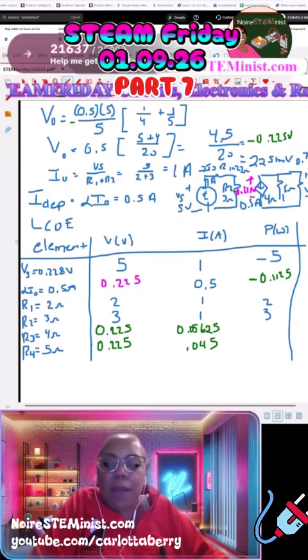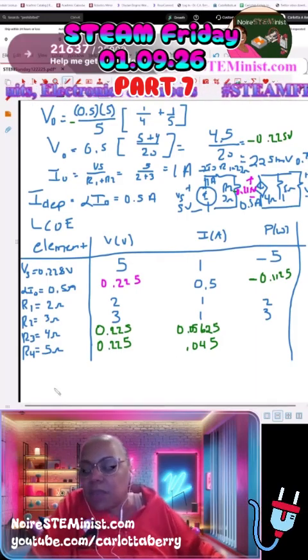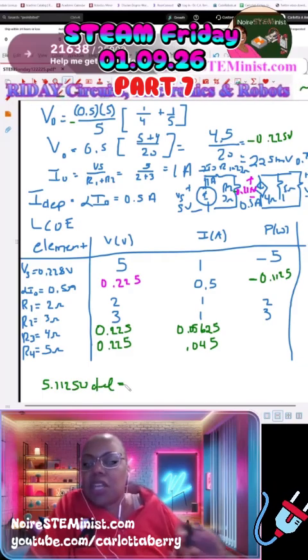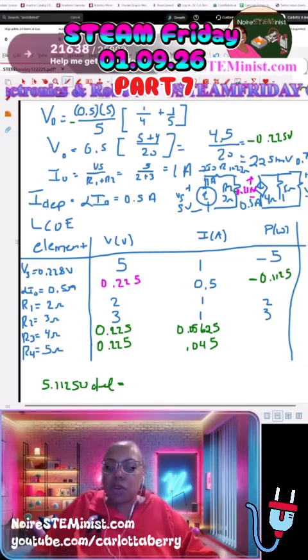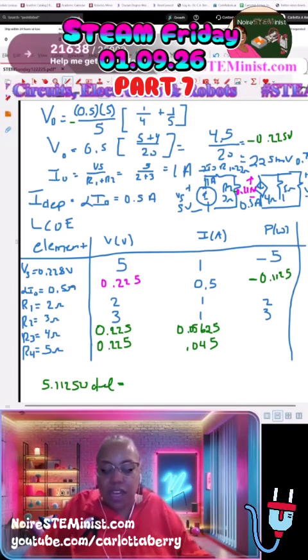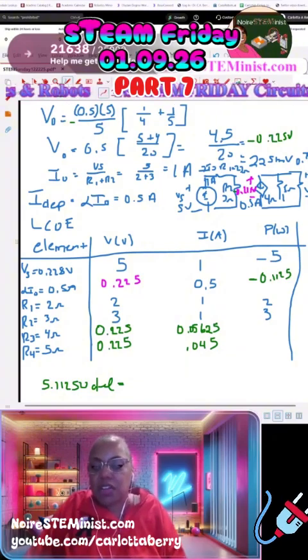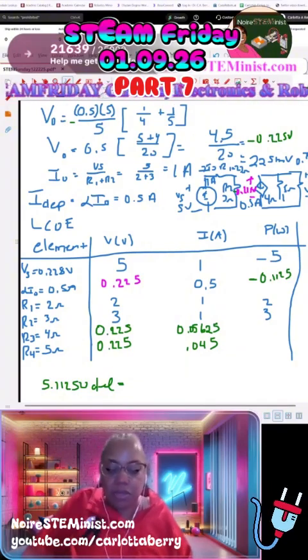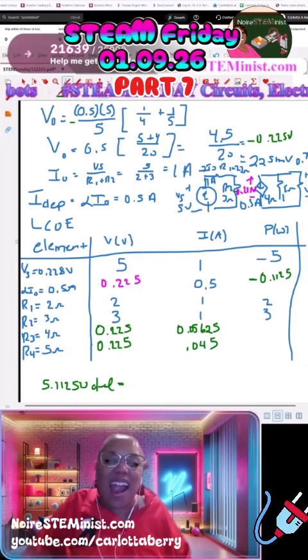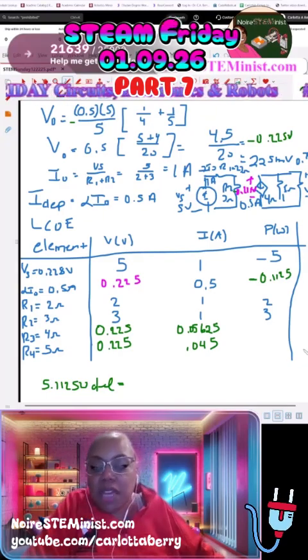So what I now have is 5.1125 watts delivered. 5.1125 watts delivered. And I need to show that I have 5.1125 watts absorbed. So I am going to take 0.225 times 0.05625, and that is 0.00127 watts,